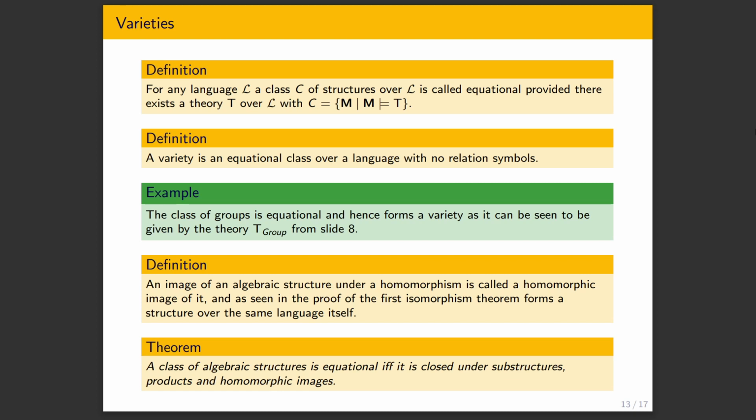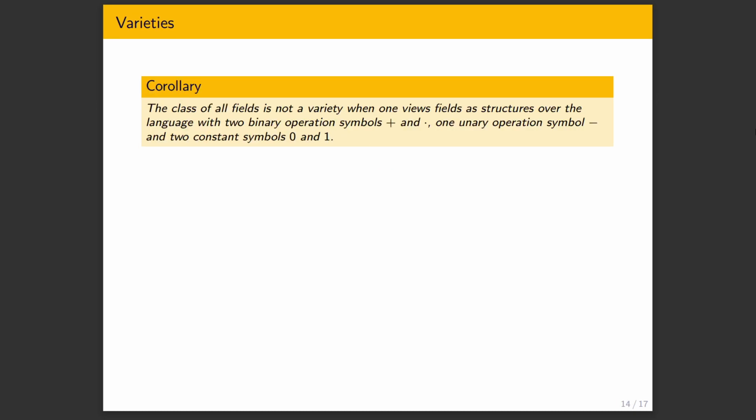It's useful. So now, an immediate corollary: if the product of some two elements of a class of algebraic structures isn't in the class, it cannot be a variety. We might note that, say, the product of the real numbers with the real numbers when viewed as rings is not a field. However, the real numbers are a field, so fields cannot form a variety. They are not closed under products. So that's already one example of something that's not a variety.